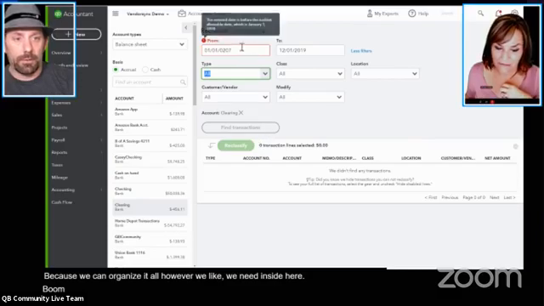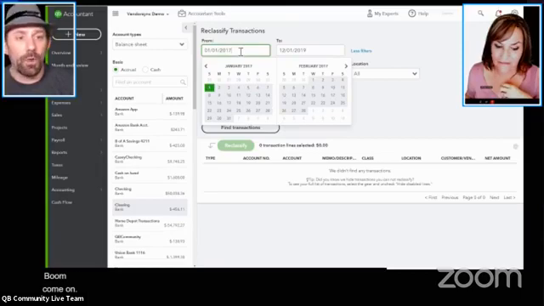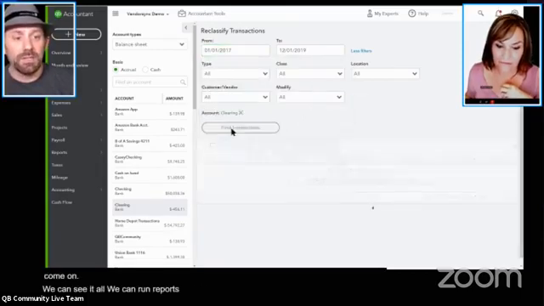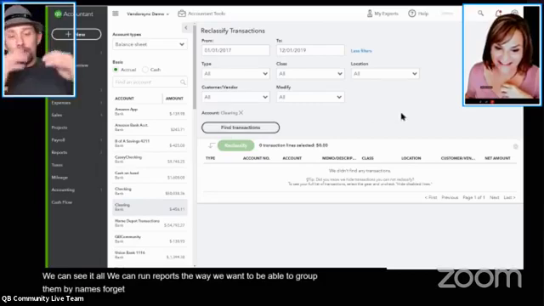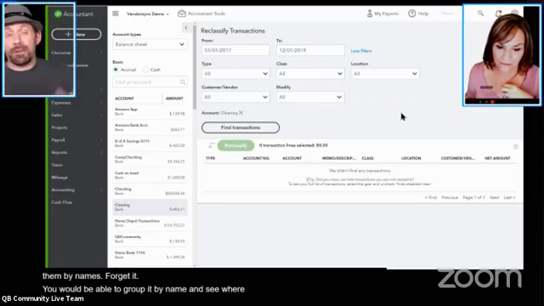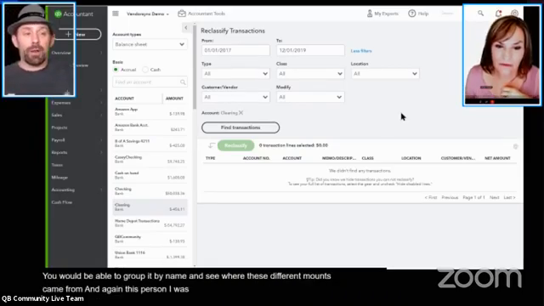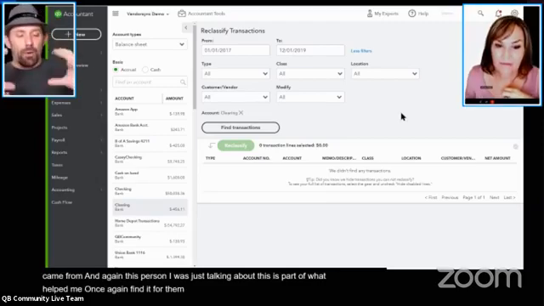We can see it all. We can run reports the way we want to be able to group them by names. You would be able to group it by name and see where these different amounts came from. And again, this person I was just talking about, this is part of what helped me find it for them: I grouped it by all of these different transfers.